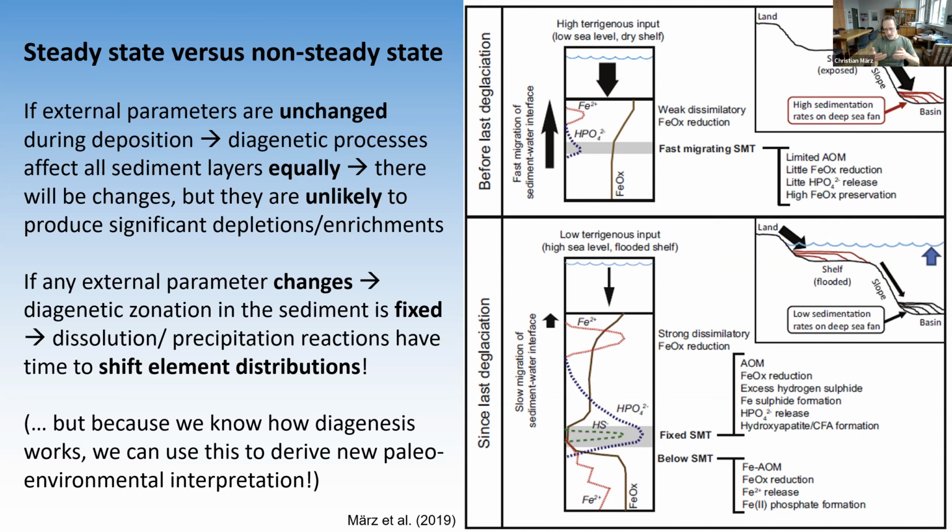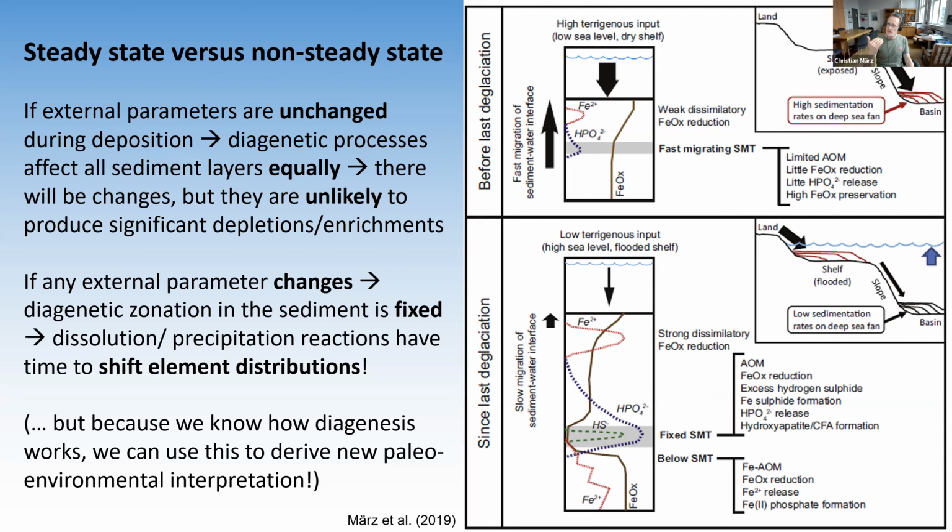So dissolution or precipitation reactions have a lot of time to generate strong diagenetic signals and significantly overprint the record. And this is basically what happened on the Zambezi fan. After the glaciation, the sea level rose. As soon as it started flooding the shelf and generating more accommodation space on the shelf, basically the deep sea fan was sediment starved. Very low sedimentation rate, and that means the diagenetic zonation in the sediment in this lower picture, most notably around this sulfate methane transition, really generated strong diagenetic signals, including a loss of magnetic susceptibility